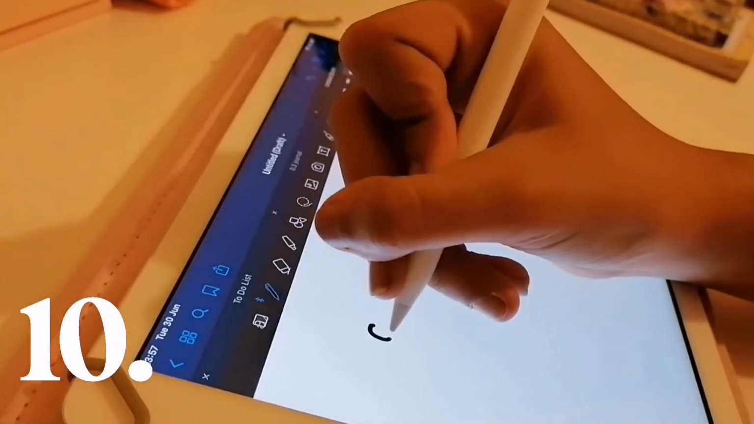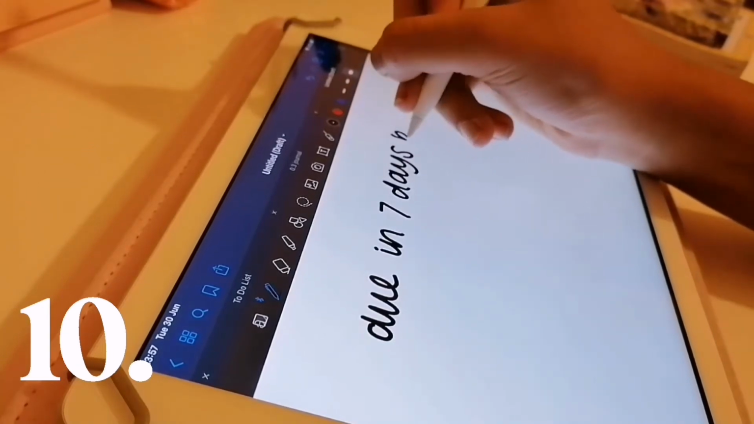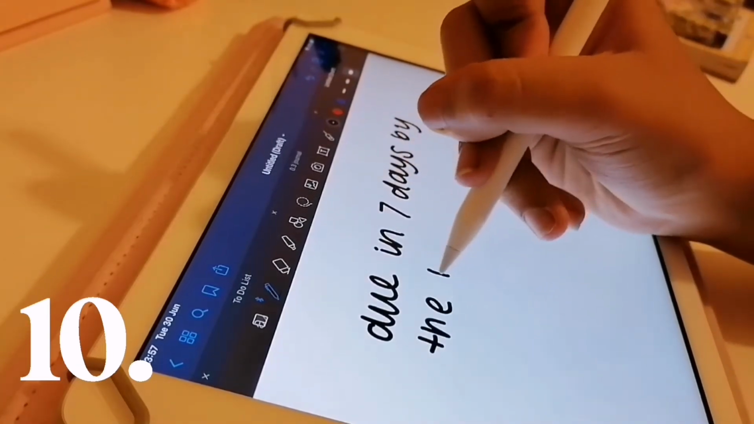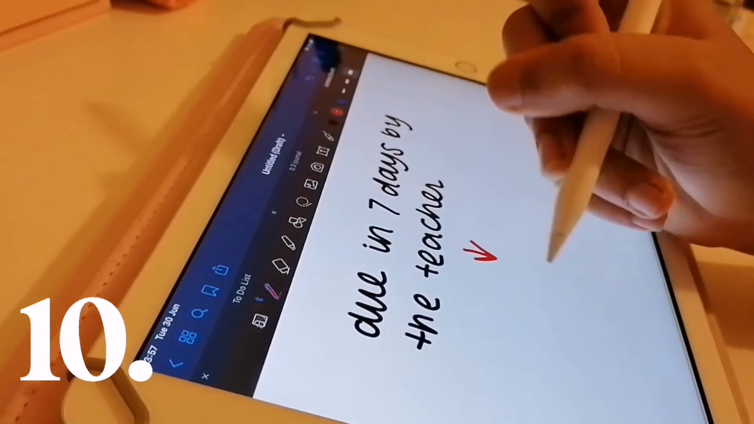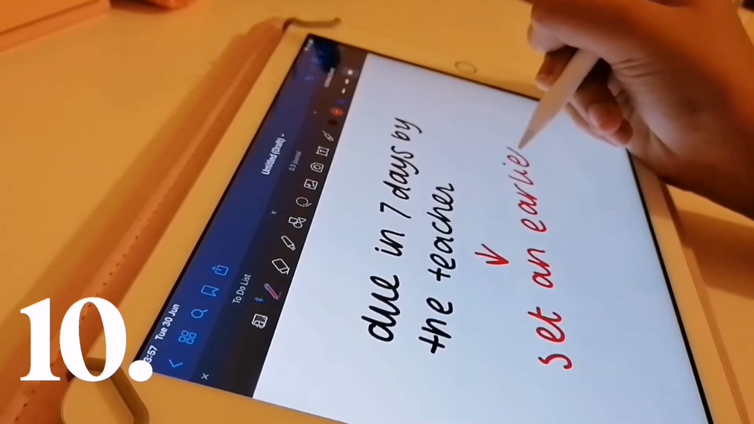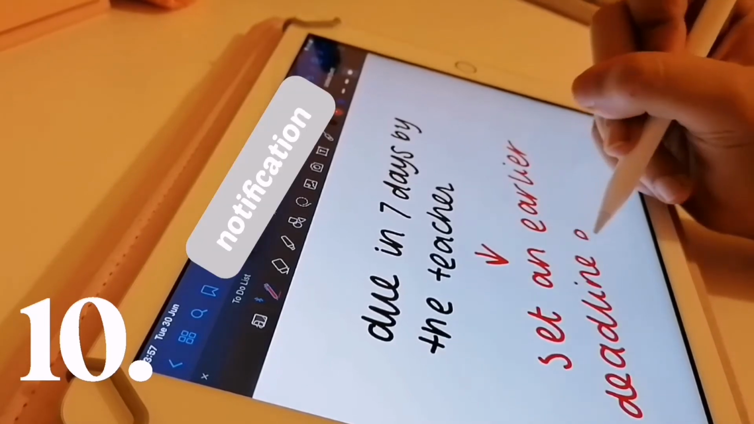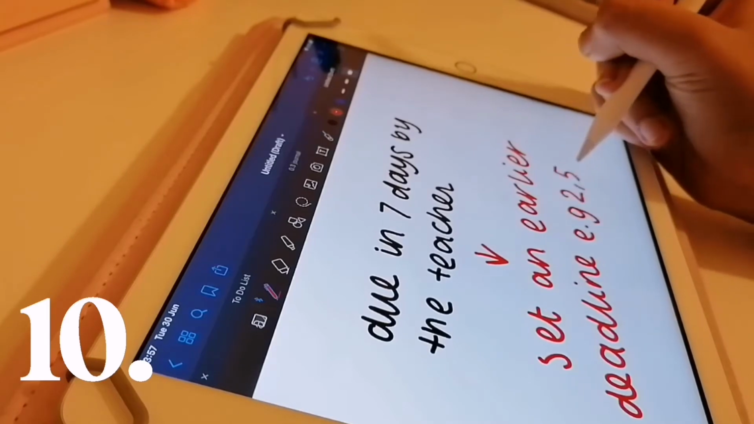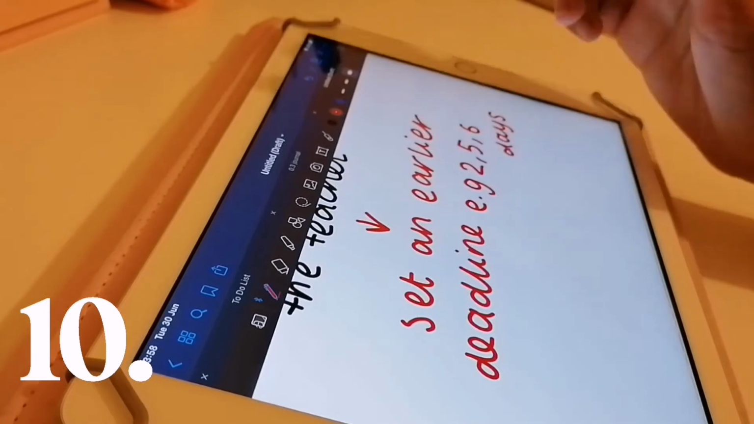Number 10. Make your own deadlines. By this I mean make an earlier deadline so you can get things done quicker. For instance, if your teacher sets you an assignment that's due in a week, you can set your own deadline by doing it in 5 days, 3 days, or even just 1 day. This will help you be more productive, and it will let you move on to other tasks